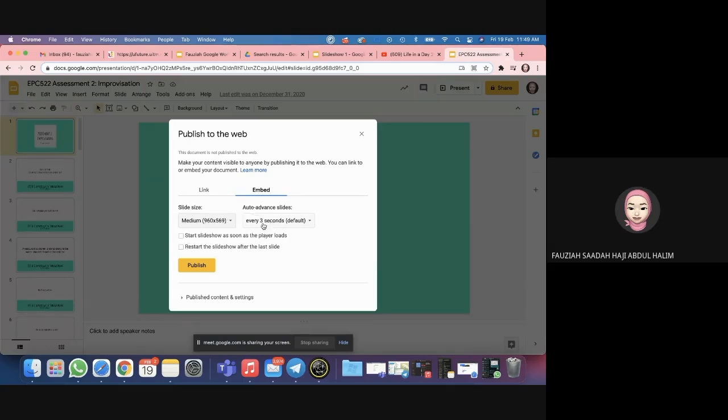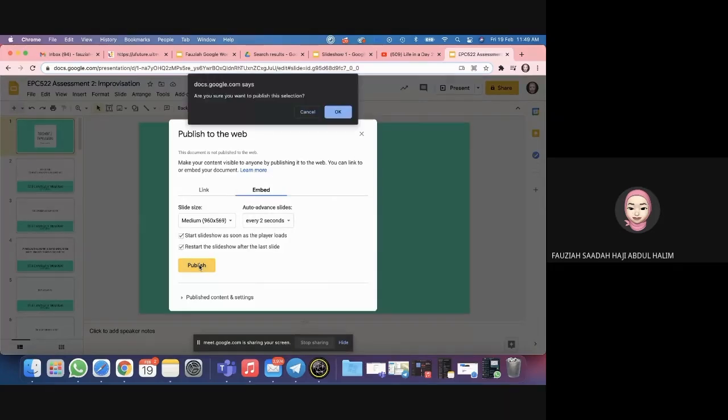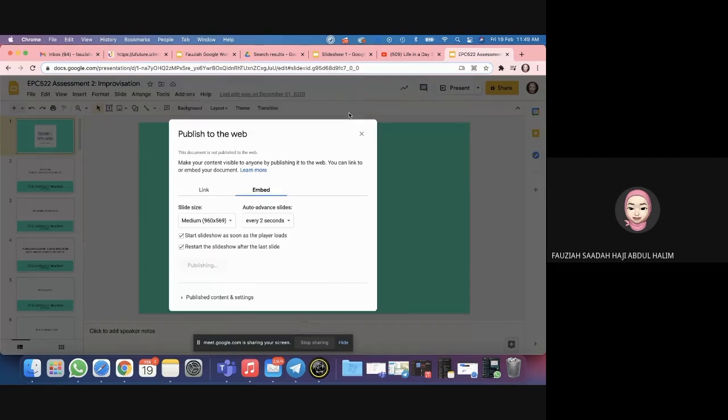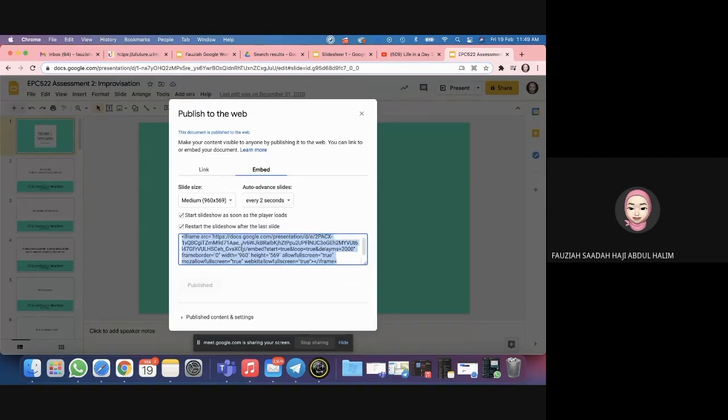And then you do the settings here, start slideshow as soon as the player loads, or restart the slideshow after the last slide, whatever it is, up to you. And once that is done, you publish and okay. So this is the code to embed. This is the link if you want to give to your students. Okay, but I will show you how to embed first. You copy,